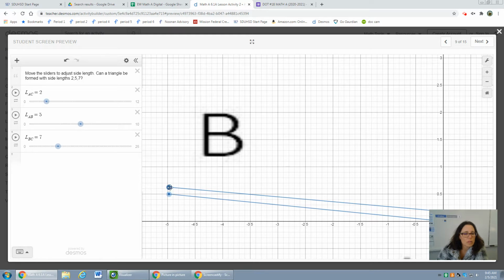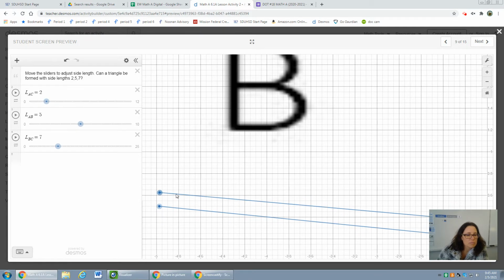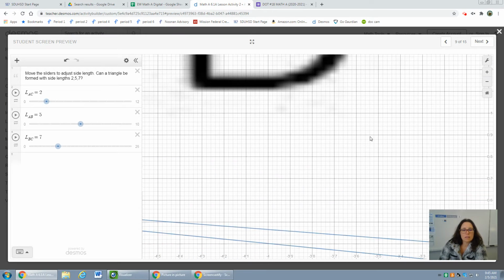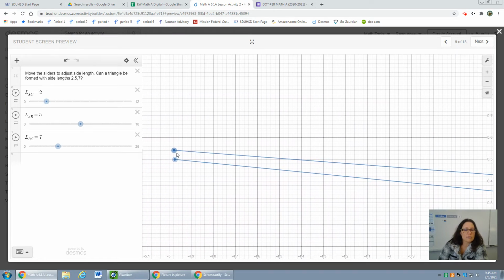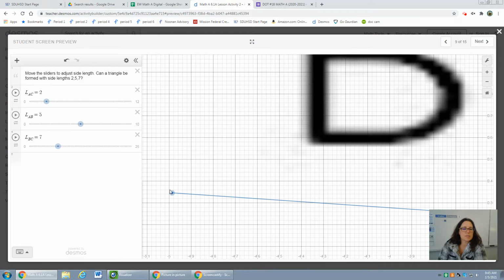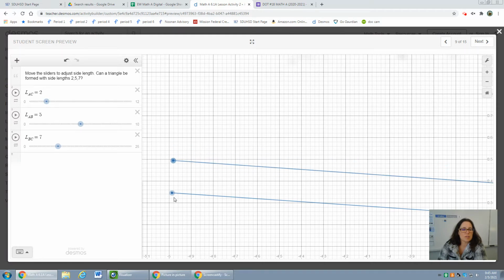Thanks for bearing with me while I'm trying to muddle through this to show you guys. Come on, move down. No, don't move that way. Ooh, you can really see it's nowhere near being together. Okay, see, look at that. If I blow it up and blow it up and blow it up, it's being really finicky. So there's no way that this,